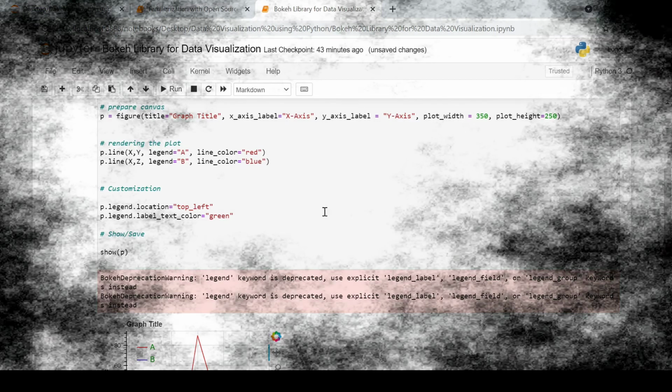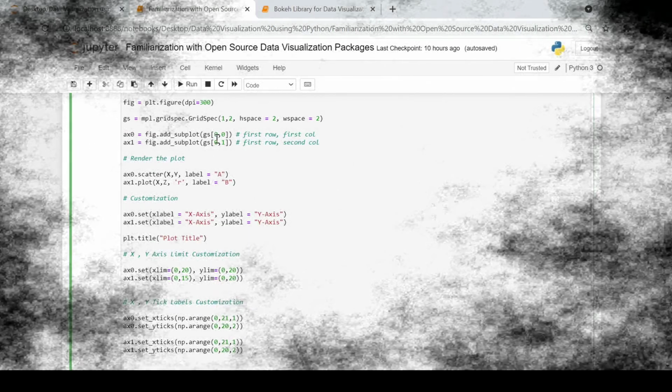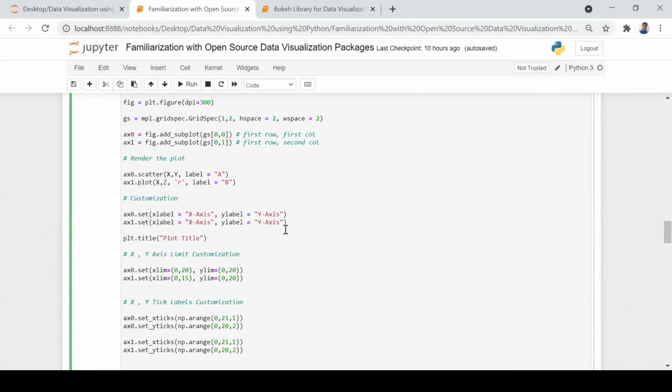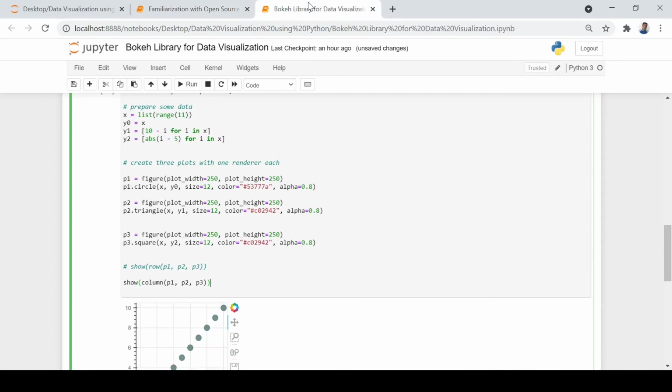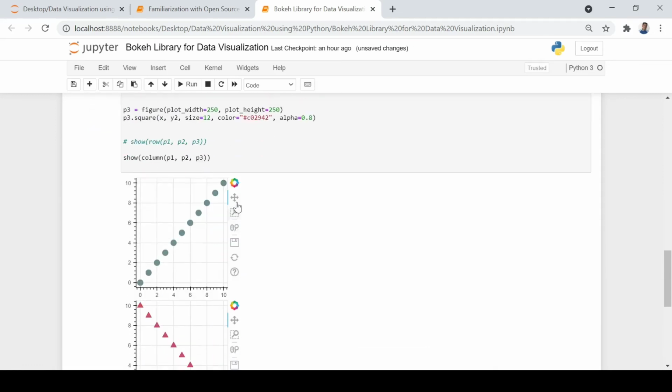So here we'll again provide that thing in the figure. And here we are deciding where and how to plot the different axes on the figure canvas. But here we are defining it when we are showing it, defining different renderers and where to plot, in what format you want to plot, individually or together, and each of these represents the plot. So there are slight differences you should notice, but once you practice you will recognize them, and it will be easier to handle. So this is about a multi-plot where you have the customization of row or column.